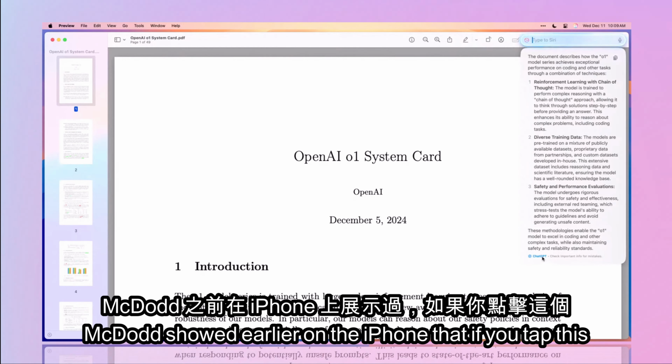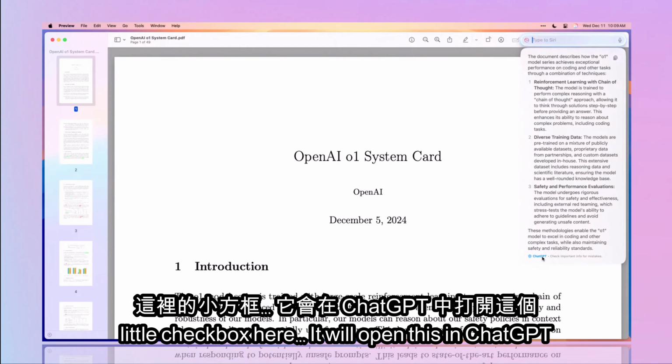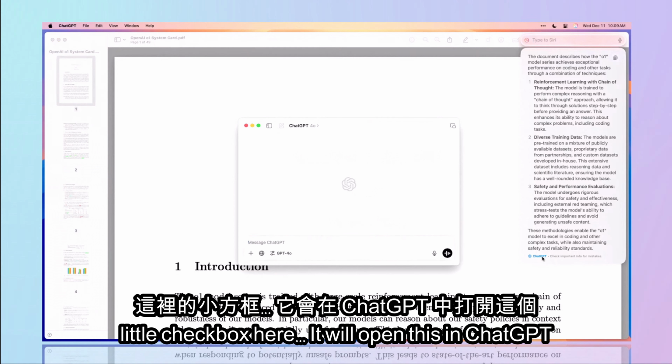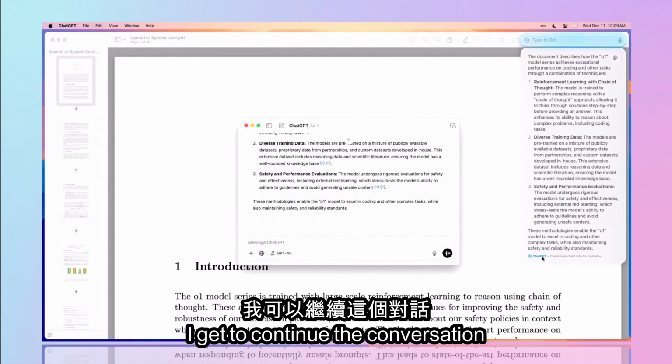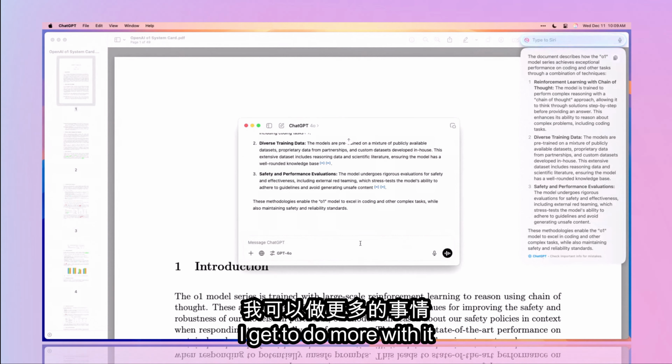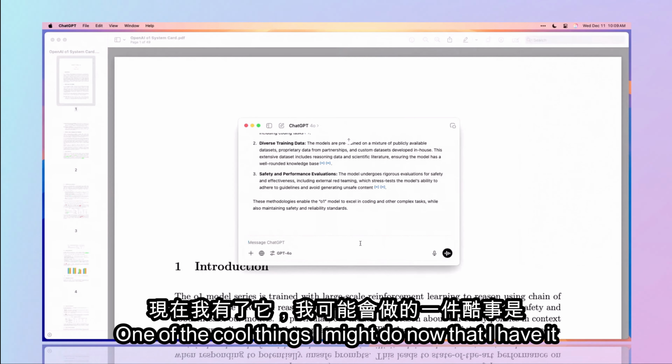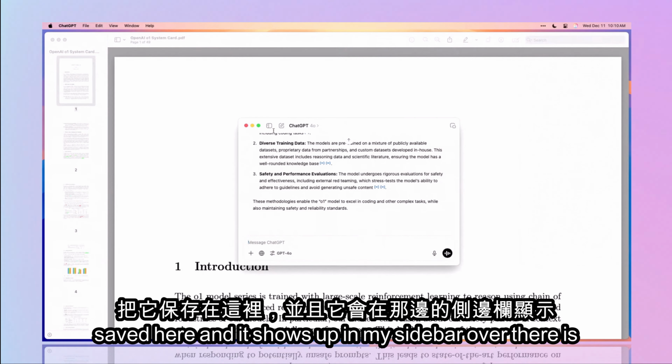Mc showed earlier on the iPhone that if you tap this little ChatGPT button down at the bottom, it will open this in ChatGPT. And that's super cool because then I get to save it for later. I get to continue the conversation. I get to do more with it. So like one of the cool things I might do now that I have it saved here, and it shows up in my sidebar over there, is,